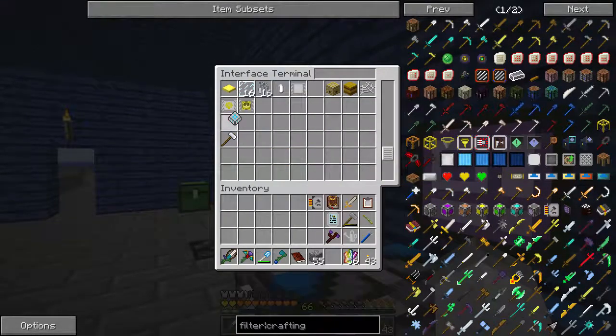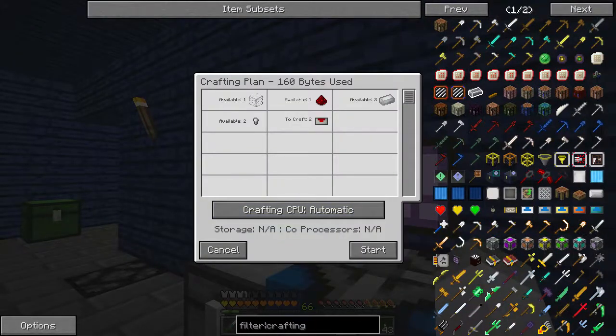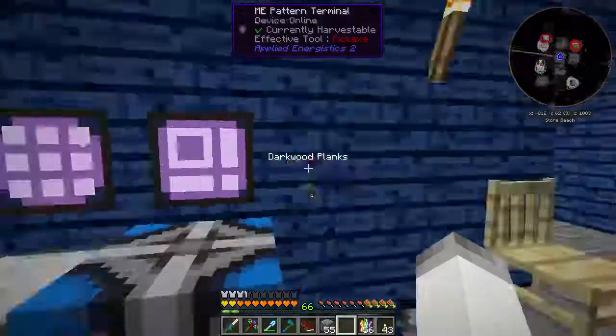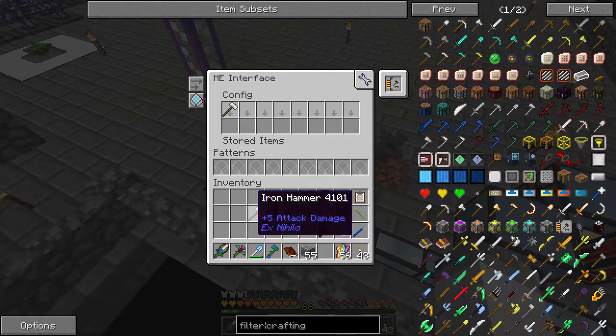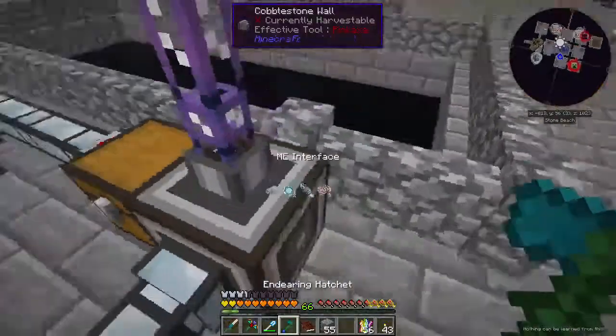And this can just go down here. So let's grab another servo. More item ducts. Alright. And then the crafting card goes in here. So if we take this out, we should see it craft another one. That is what I want to see. So what we need to do